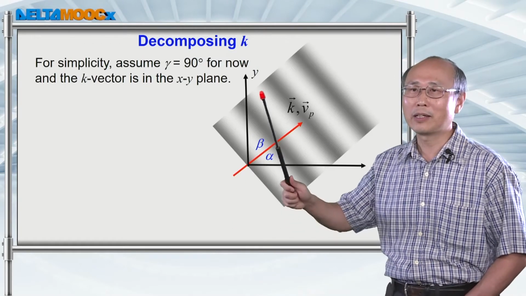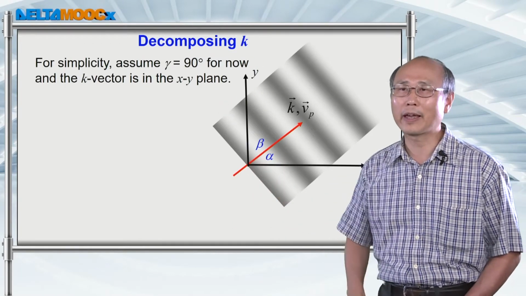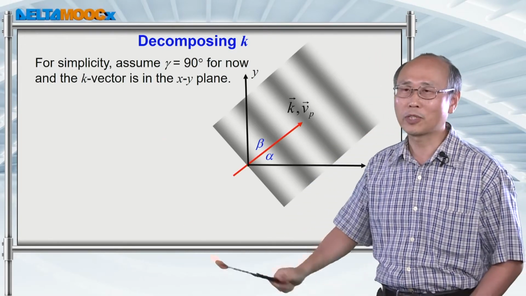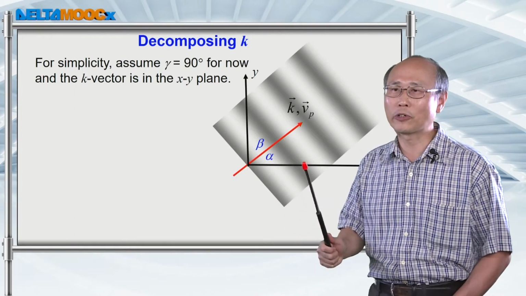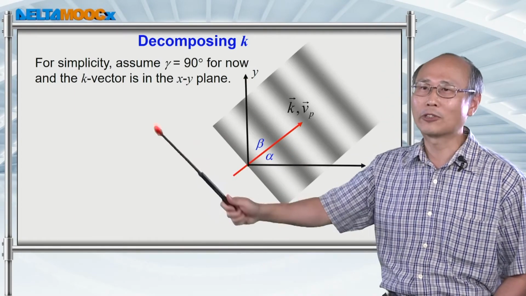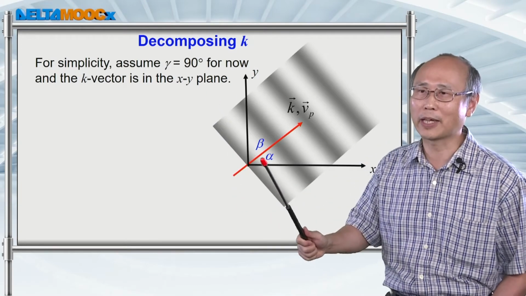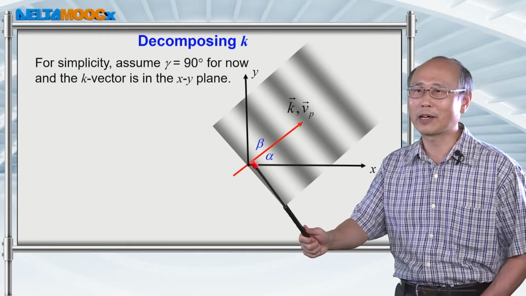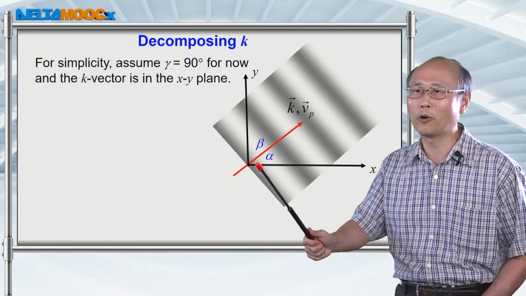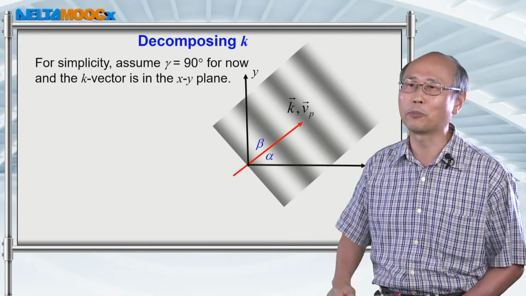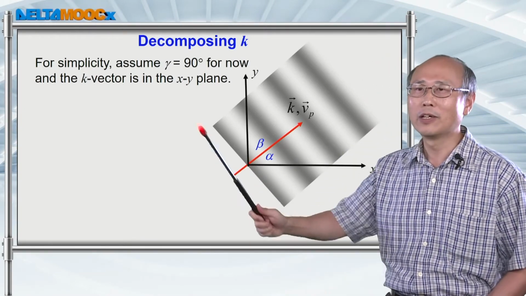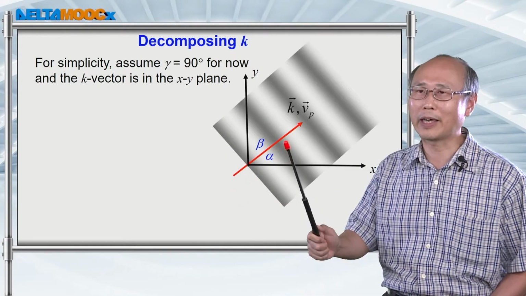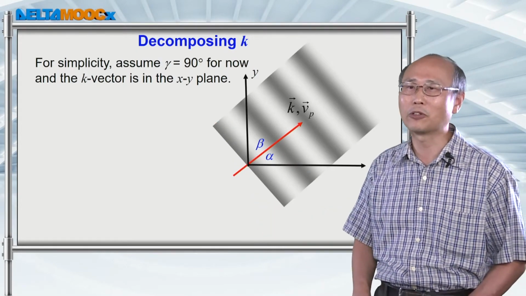And now let's try to decompose this k and look into the propagation of this wave along different directions. Well, to simplify it, I put the drawing on a two-dimensional space and just set gamma equal to 90 degrees. So this means that the angle of this k with the z-axis, which is going into the board, or in fact, it's going out from this board, is 90 degrees. So cosine 90 degrees gives you 0. So you know you only deal with the k along x direction and y direction only.